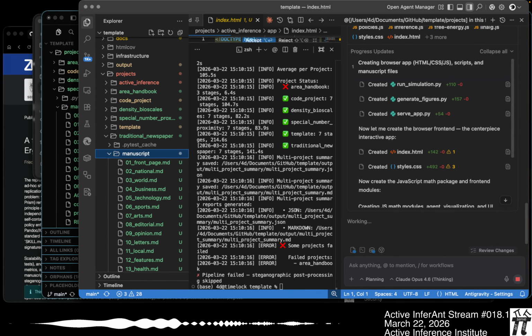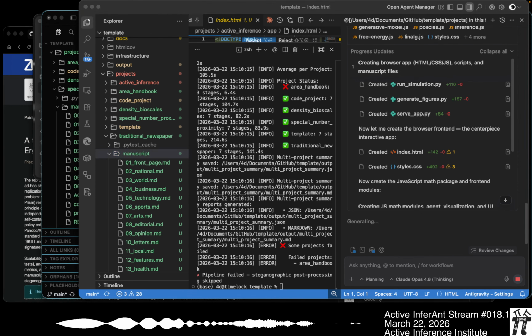So that would be like using this template repo as a manually written type processing suite,